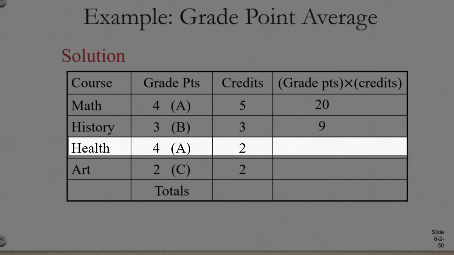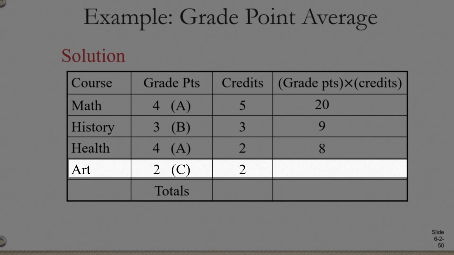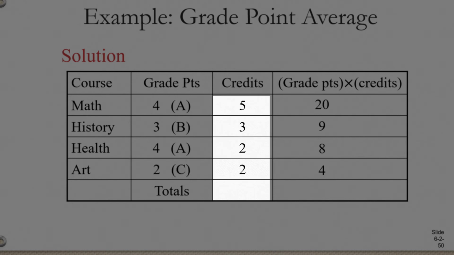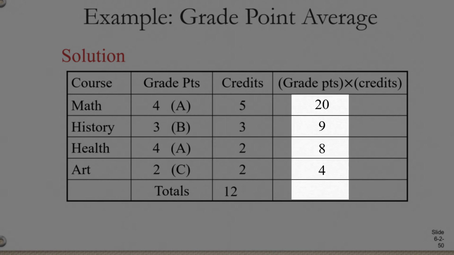For health, we earned an A, which is 4 points, and we did that for 2 different credits. So that means 4 times 2 is 8 points altogether. And in art, we earned a C, that's worth 2 points, times 2 credits gives us 4 points altogether. Now we're going to add up all the credits, which is going to give us a total of 12. And then we're going to add up all the points we've earned, 20 plus 9 plus 8 plus 4,